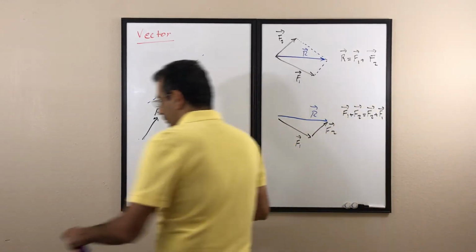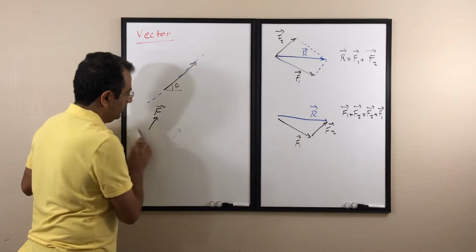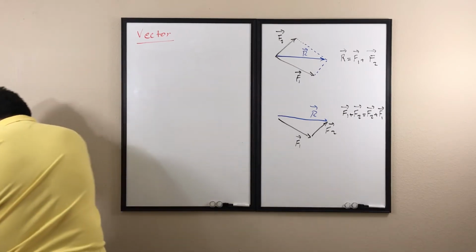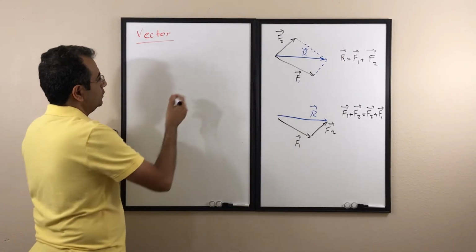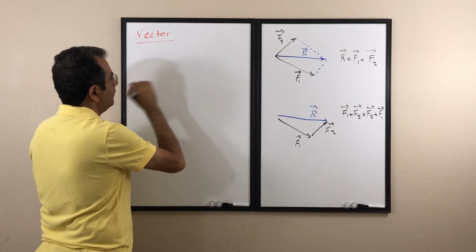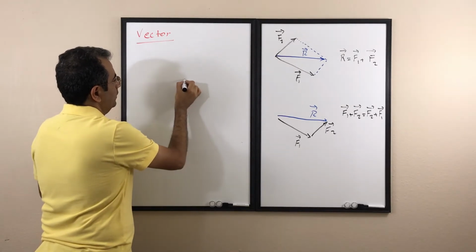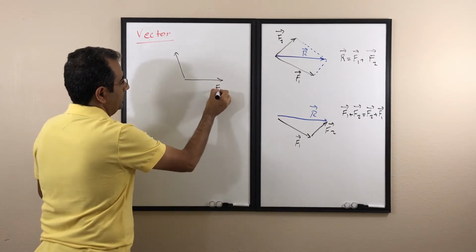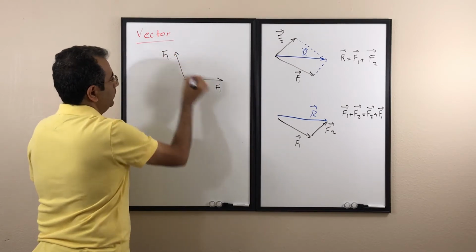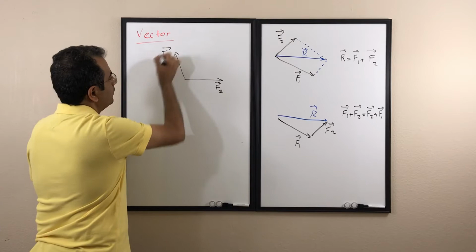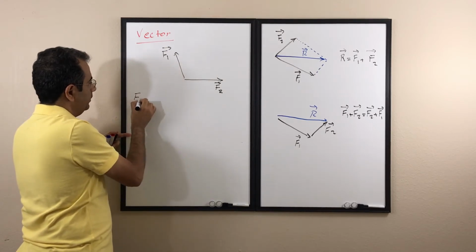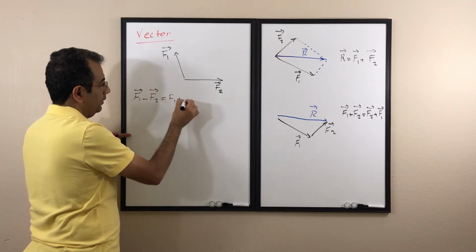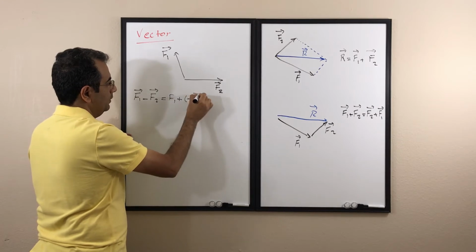For the subtraction, if you want to subtract two vectors from each other, so for example, assume I have this one vector, this is the second vector, so this is f1 and this is f2. And if I want to say f1 minus f2, I can write it as f1 plus negative f2, and then